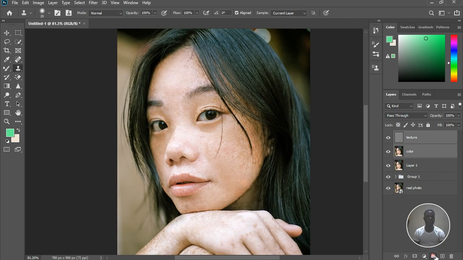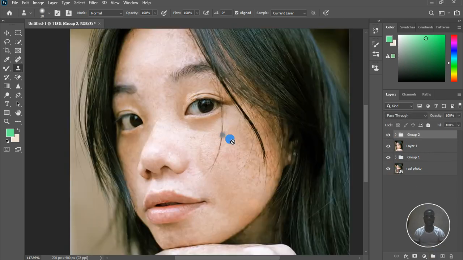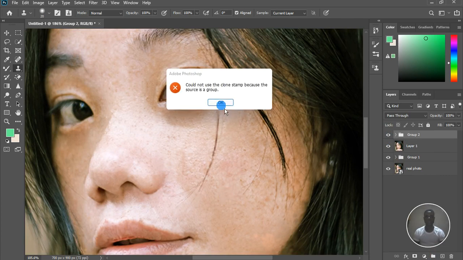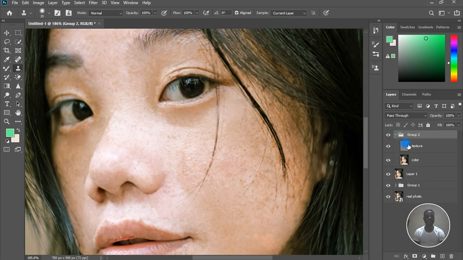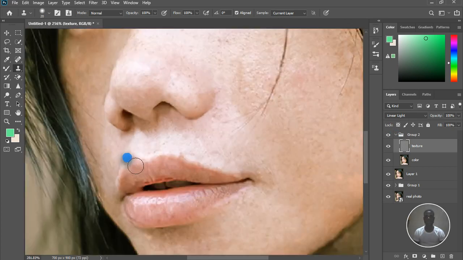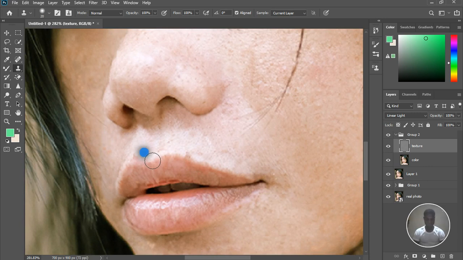Let's put them into a group and let's see how before and after, just a little bit of change. And then I'm going to do the same for this place. Open the group, select the texture, the same for somewhere here. Okay, good. I'm going to try and